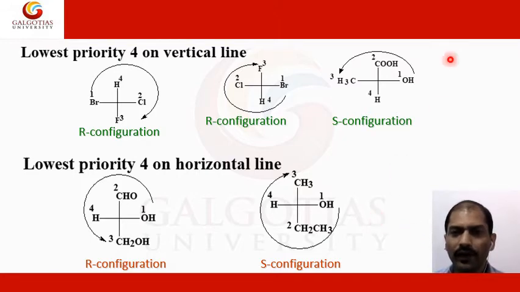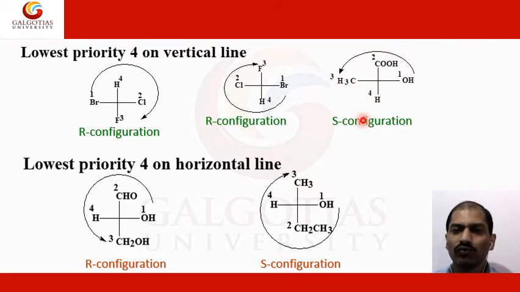So again here you can see, in case of these molecules, bromine will of course be the highest priority, second one will be chlorine, third will be chlorine. So this is coming like this. The lowest priority is on the vertical line, and here also it is on the vertical line. So bromine, chlorine, and like that it will come as the R configuration as per the rule. We are just following the rules as per the CIP rules.